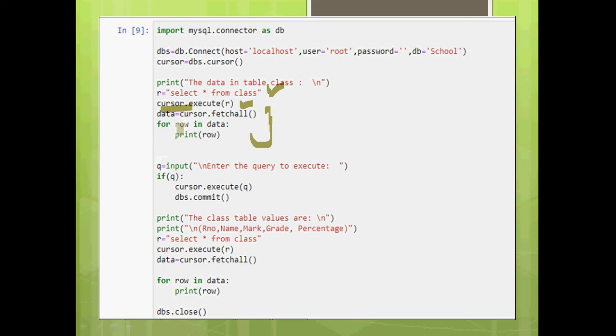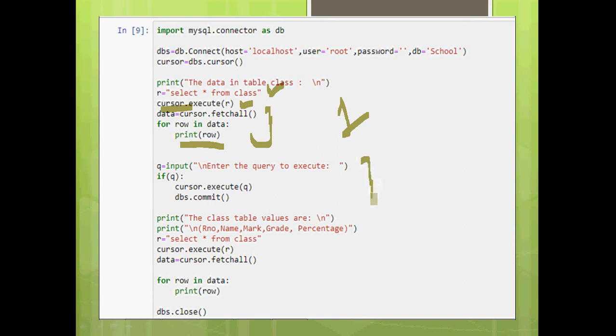Now for row in data, each value in data will be taken. So row will contain the first row from the data, that means the first value in the list will be the first row, the second value in the list will be the second row from the table. Okay, retrieved values I am talking about. So each row will be printed. This is the first part of the program, printing already existing data in the table.